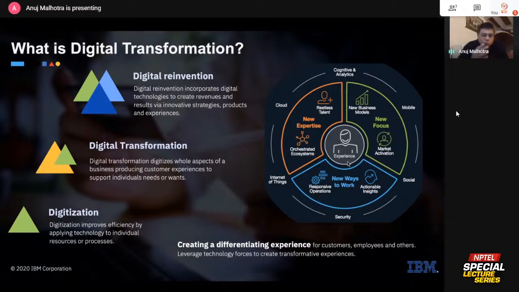Let me try and walk through some of this through real examples in business, right? I think I'll try and bring it home with that, and then we can see if there are any questions that you guys have. I'll have two sections to my presentation. I will talk of examples of digital transformation, and I will also talk of possibilities for a country like India, where we can use digital transformation to make a difference, right? So let's talk about the examples first.